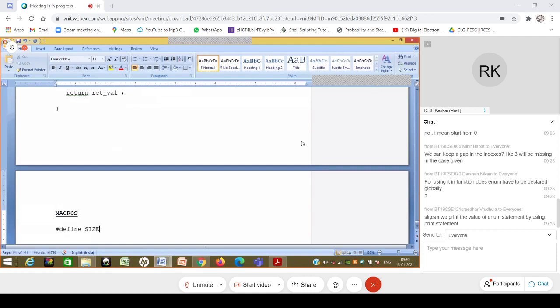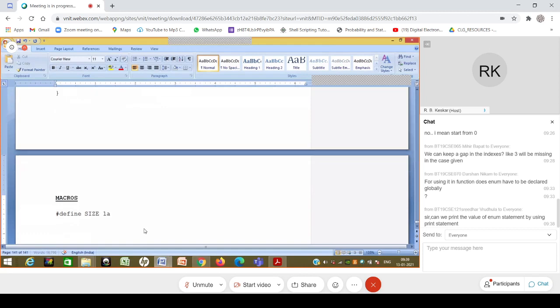And we know that whenever the word SIZE appears, it will be textually replaced by the value 10, which means that if I make some mistake like 1a over here, and later on I use int a[SIZE], it will creep up at the compilation of this location, not here, because the preprocessor assumes that it has to blindly replace whatever the replacement string is whenever it sees this word SIZE.